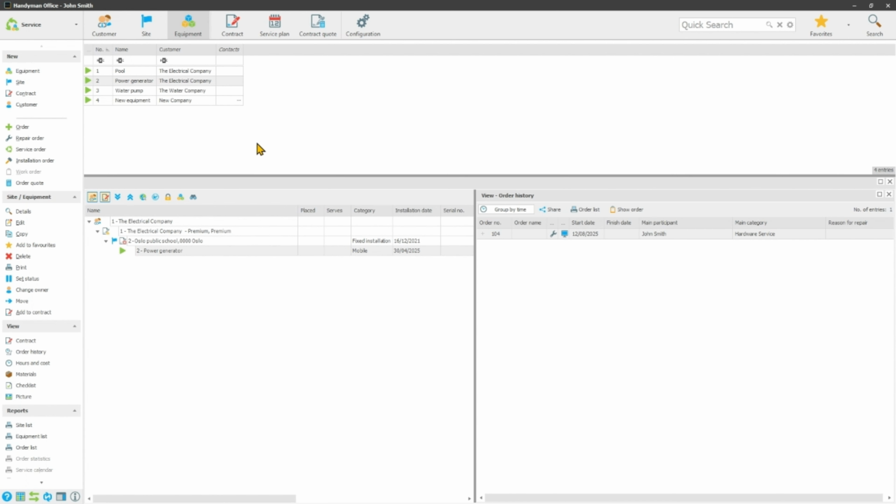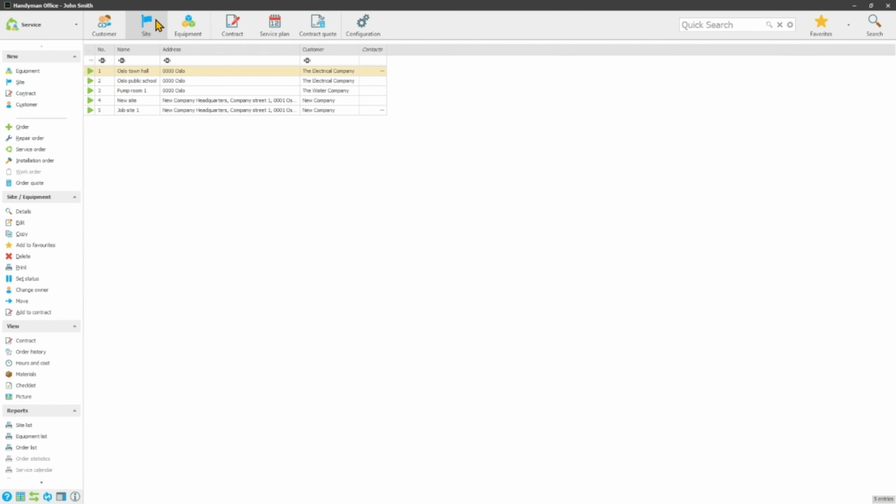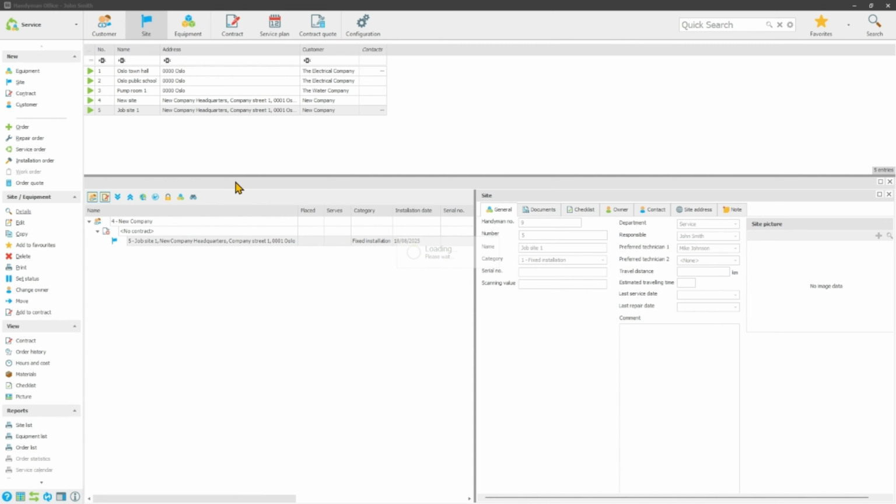Service Light is about you being able to quickly create a site, create equipment on it, and use it in a service order, all without having to set up a contract. This is especially relevant if you do not invoice based on contracts. You just need to see where a piece of equipment is located and what work has been performed on it. Or if you have ongoing ad hoc servicing, but still want to keep track of the equipment history,